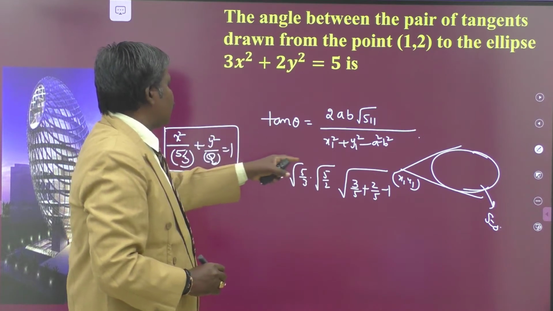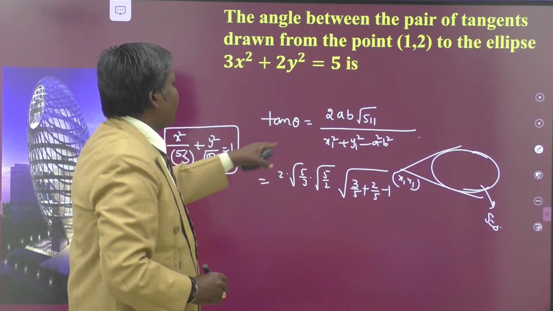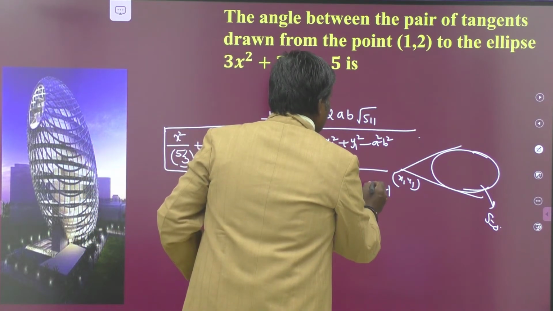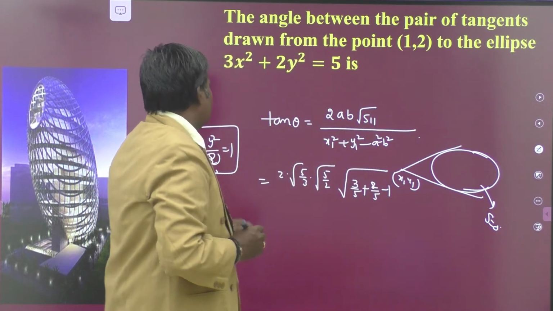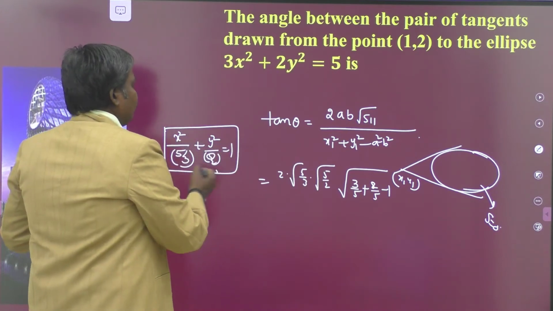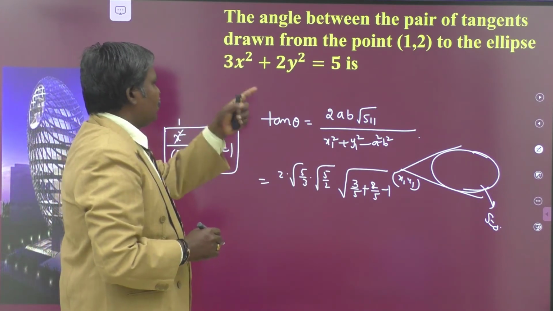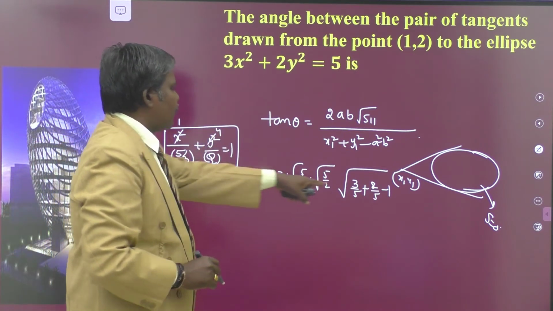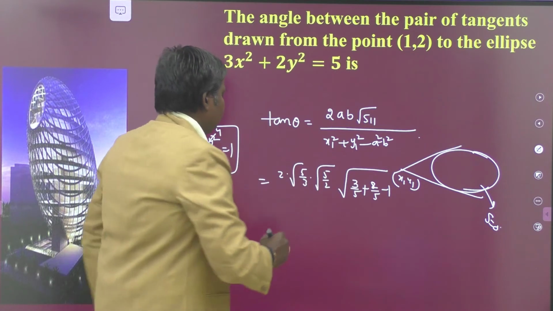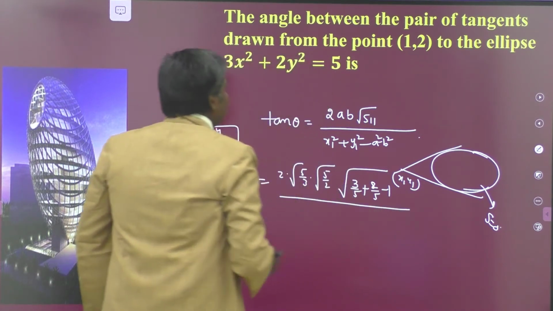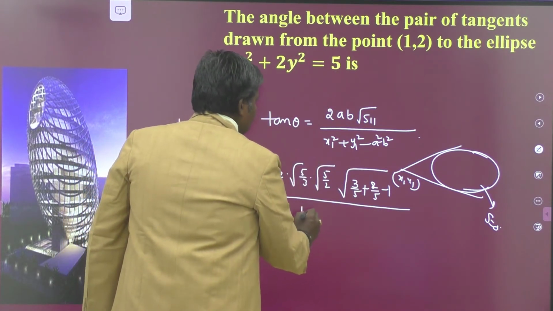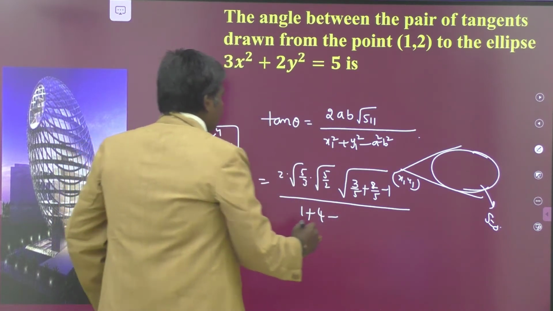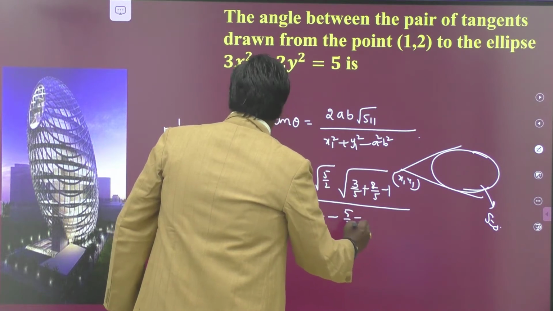S11 means you just substitute the point. Here y square, that is 2 square is 4, we have to write. 4 2s are 8. We are going to substitute x as 1, that is we have 1. Instead of y as 2, 2 2s are 4. This is 4 2s are 8, 8 by 5 is there. 8 by 5 minus 1. By x1 square means we have 1 square, 1, plus y1 square means 4, minus a square minus b square, 5 by 3 minus 5 by 2 is there.